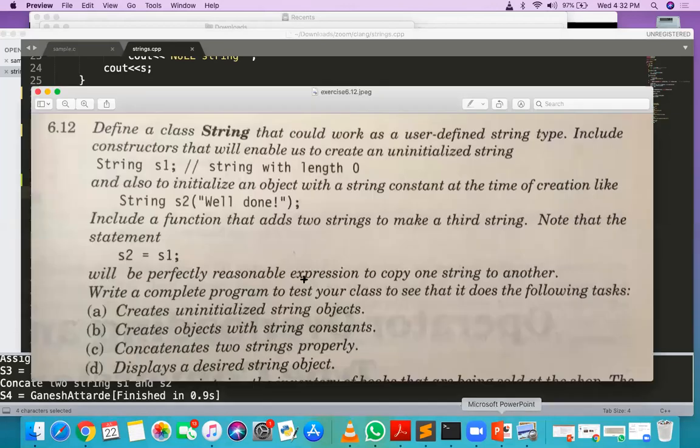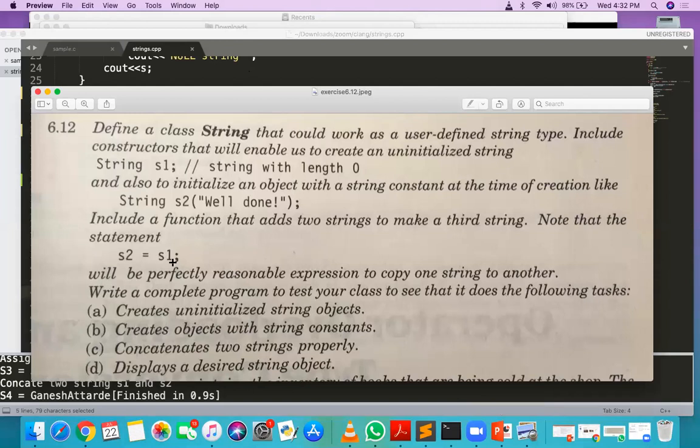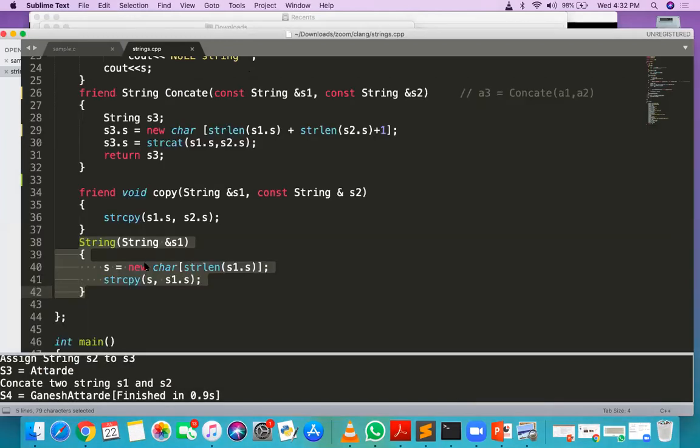And for doing this, s2 is equal to s1, a copy constructor is written. So you can explicitly call copy also, or if you want to use this method, s2 is equal to s1, you have to write a copy constructor here.